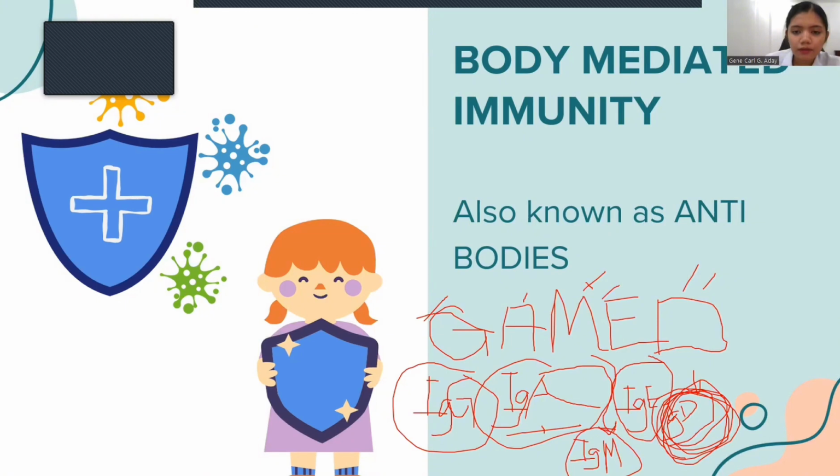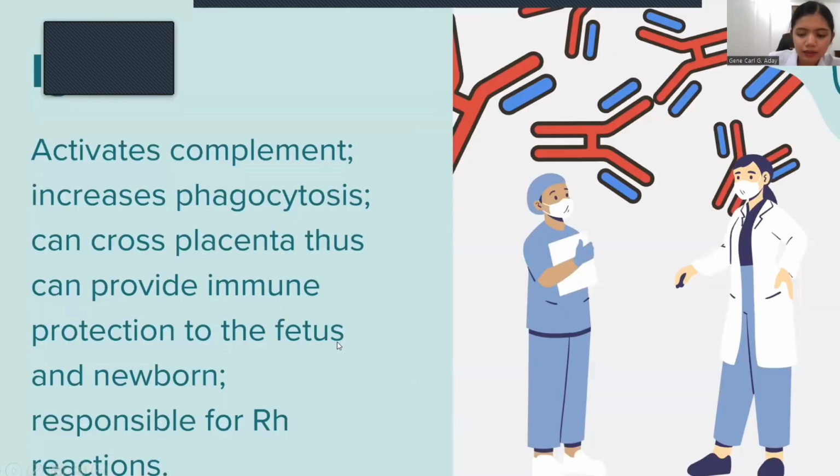So, going back to the topic, yung antibody-mediated immunity is yun yung tinatawag na antibodies na nire-release ng katawan once may invasion. So, yun yung nire-release ng katawan natin once na may invasion, yung antibodies. So, we have 5 antibodies. Si IgG, ito yung pinaka-abundant